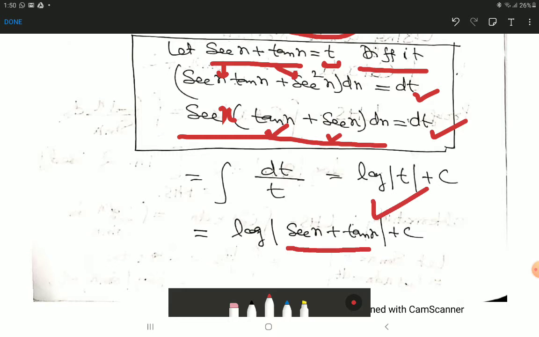There is one more formula which is log of tan of pi by 4 plus x by 2. That can be developed from this formula only. Actually, integration is over. We will do some trigonometric transformations and it will take the second shape. So look here how to transform it.